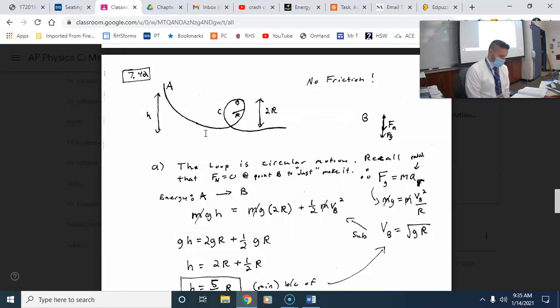So we don't have numbers to plug in. Again, this is another great problem for that reason. Many of the open-ended ones don't give you numbers to plug in on the AP test because that way they force you to do the ugly algebra so you can't cheat and plug in the numbers early and cut down on a lot of the crazy math that goes on here. I'm not saying that happens all the time, but that's another reason why this is a good problem to force you to do that. So we want h in terms of r, so the car moves around the loop without falling off at the top